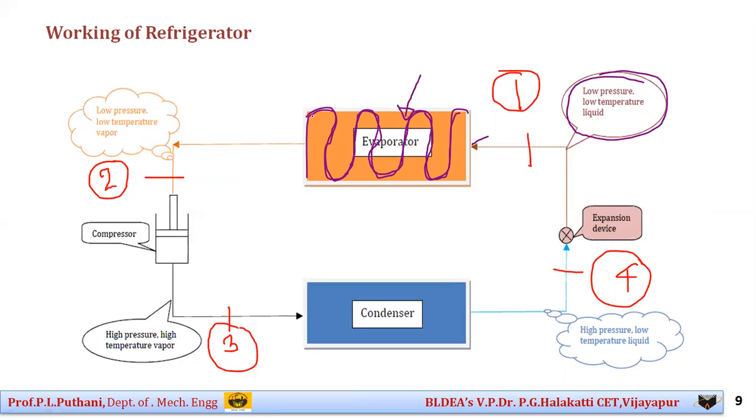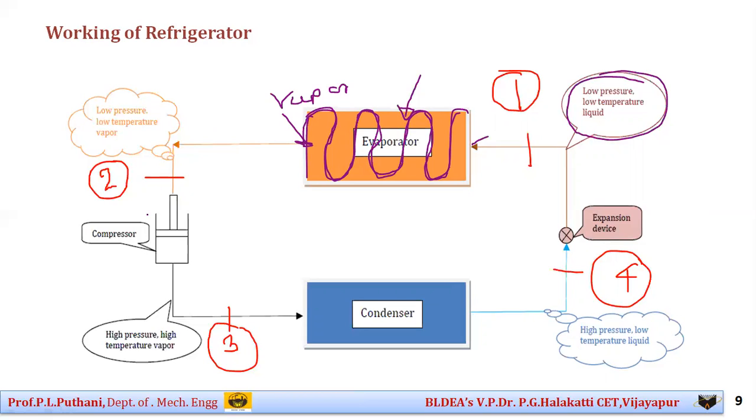And by the time the refrigerant comes to the end point of the evaporator, by absorbing the heat, it gets evaporated at lower temperatures and is converted to vapor phase. So it comes to this particular end in the vapor phase. With the vapor phase, there is no change in the pressure and temperature. That is, it is a low pressure and low temperature vapor itself.